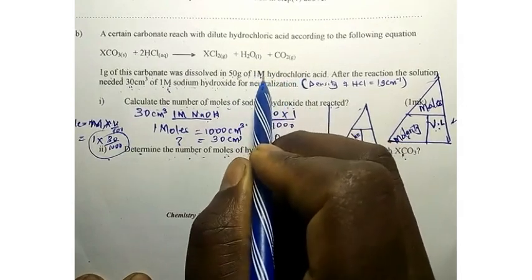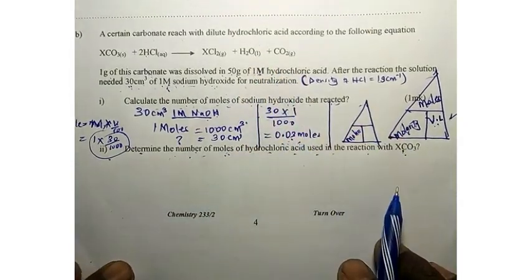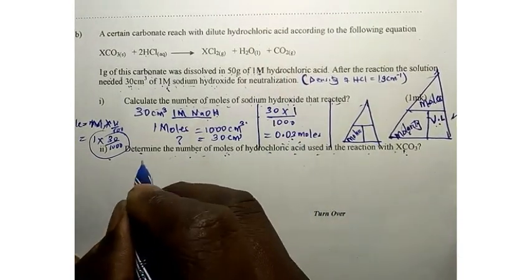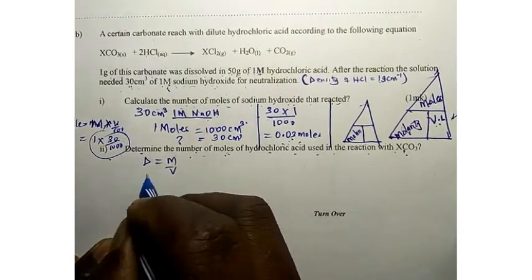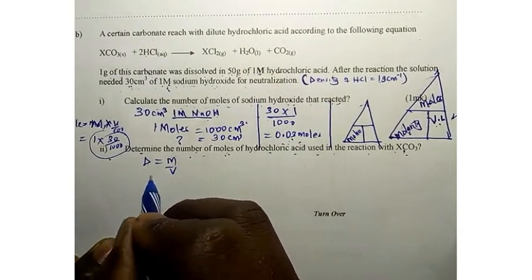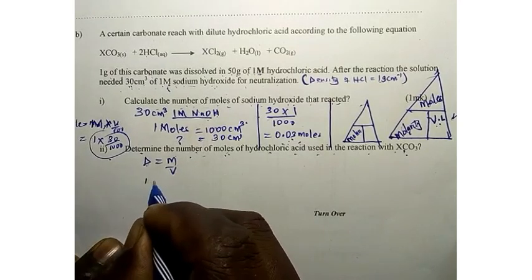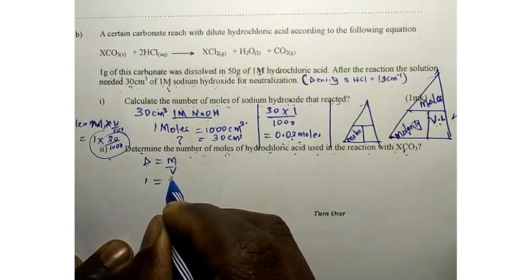So first, let us find the volume of the hydrochloric acid, the total volume that was used, where the carbonate was placed to react. We know that the density is equal to mass over volume. So we want the volume, the density we have been given, that is 1. So 1 equal to mass,